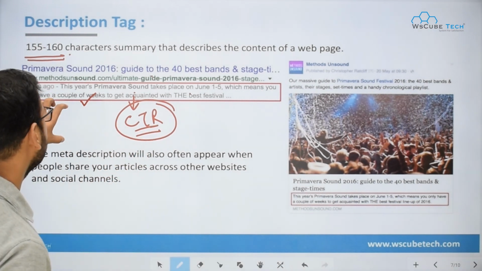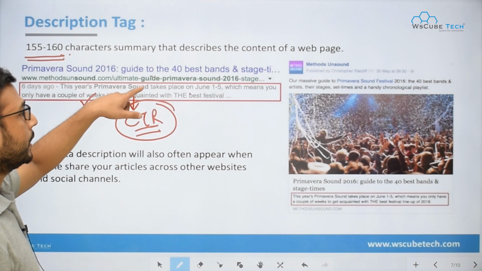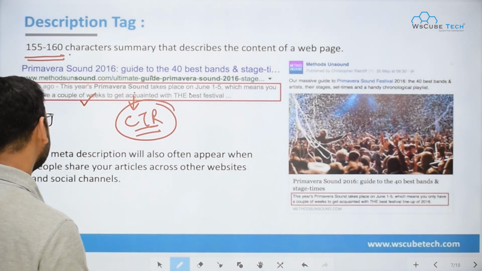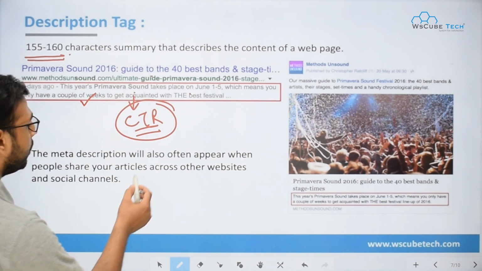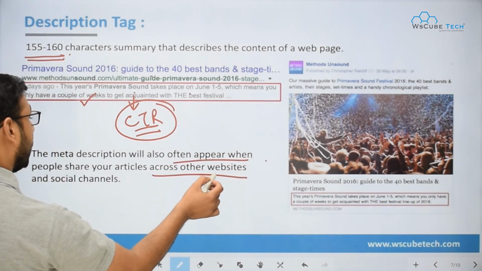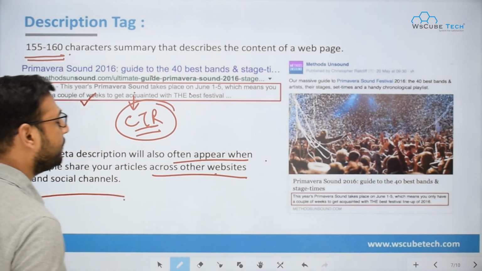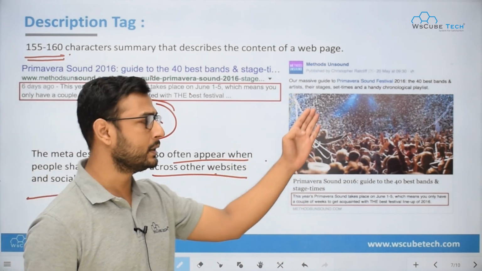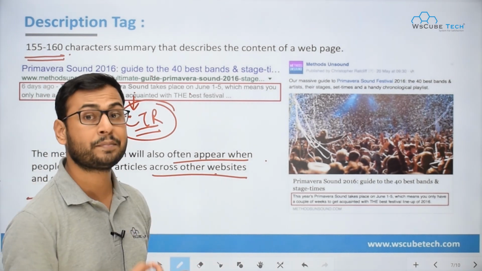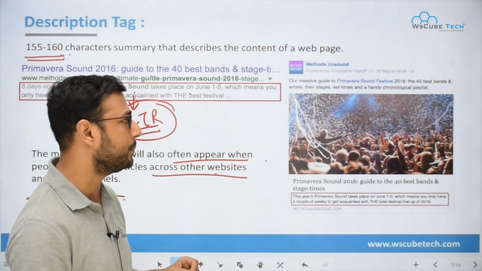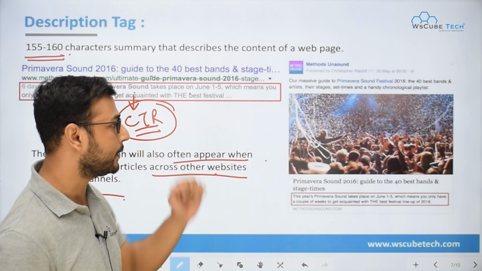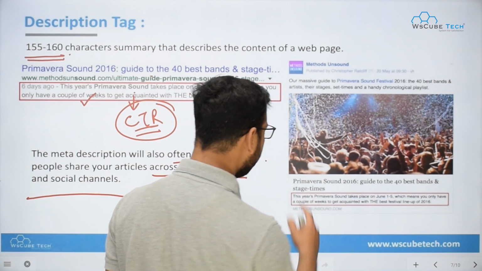You have to use your keywords and everything over here, for the SEO point of view and from the user's perspective also. The meta description will also often appear when people share your article across other websites and social channels. For example, here you can see the image. Here is an example: if someone shares your website on their social media, something very similar to this will show up in their profile.